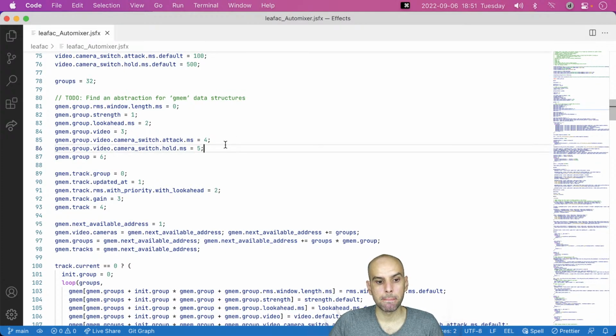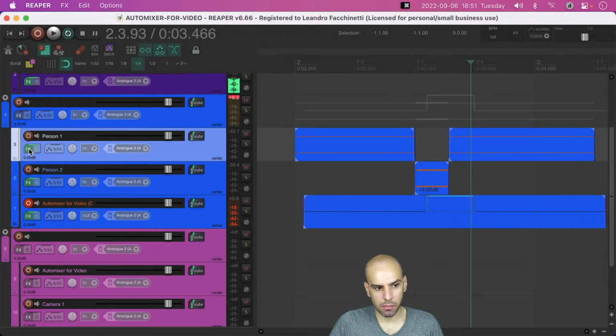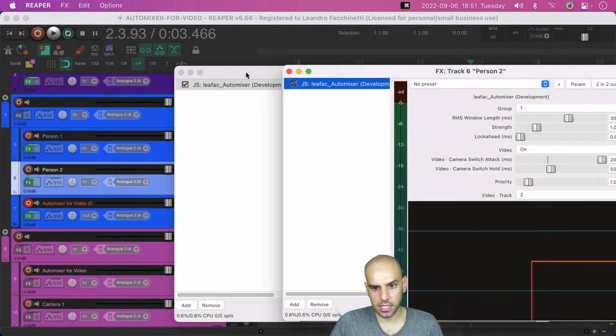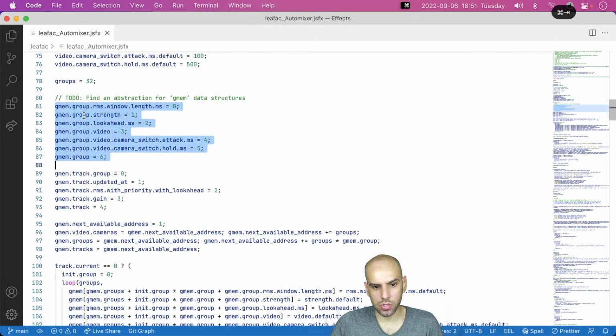So let's have another field in the data structure for a group. Some of these fields have to do with synchronizing sliders, so that if you have multiple plugin instances on the same group and you switch some sliders around, the rest follow. So most of these have to do with syncing sliders, but now we have a field that doesn't really have to do with syncing the sliders. It has to do with bookkeeping camera switches.